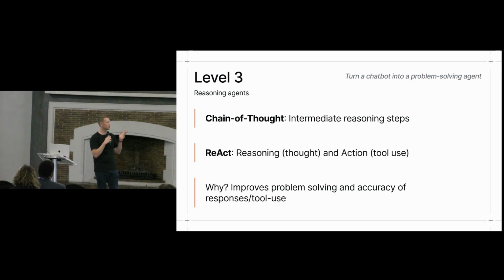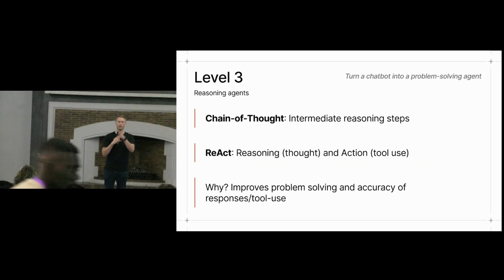So there's two basic approaches. Chain of thought is what you typically see in a ChatGPT app. It goes through multiple steps of thinking about how to solve the problem and then solves it. ReAct is what we like to use in agents. That's where you give the agent a scratch pad where it can put down an idea of how to solve the problem, then attempt to do it, then analyze the result, and then do that in a loop. So if it can do that in a loop, it becomes really effective at problem solving.